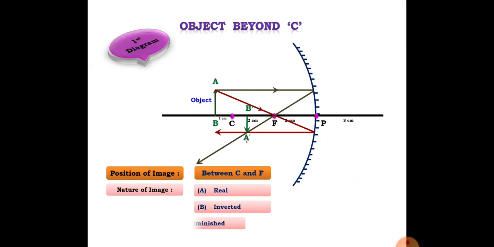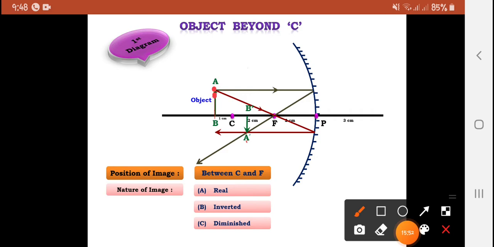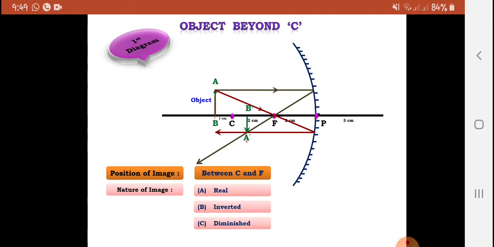And the last one is about the size. Now you can compare the distance. आप size ले सकते हैं, okay, आप measurement कर सकते हैं scale से. ये जो आपने suppose कितना distance लिया होगा, maybe it can be 1.5 सेंटीमीटर object का distance scale से, इतना यहाँ से यहाँ तक, A से लेकर B तक का distance अगर if you measure 1.5 या 2 सेंटीमीटर, but if you measure this distance from A to B, ऑब्वियसली ये डिस्टेंस बड़ा होगा ऑब्जेक्ट का और इमेज का डिस्टेंस छोटा होगा, तो देखने में भी लग रहा है, आप देख सकते हैं कि ऑब्जेक्ट बड़ा लग रहा है और इमेज छोटा लग रहा है, ओके।